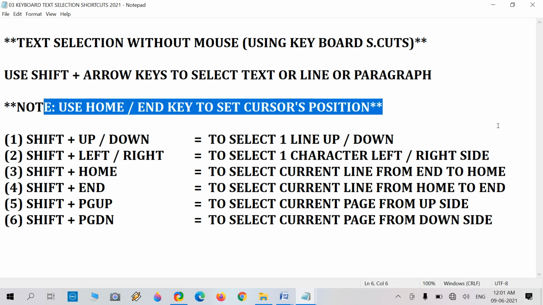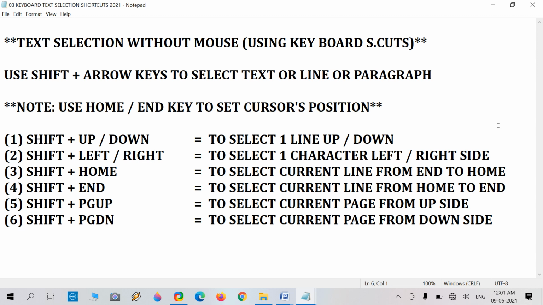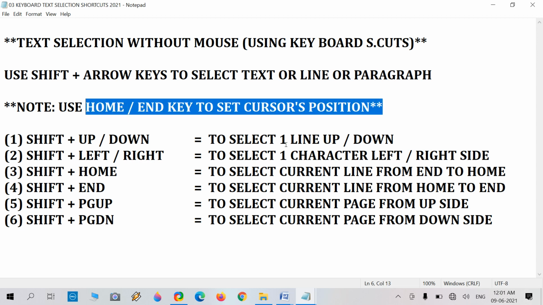And if your cursor is at the beginning of the line, like this is the beginning, and this is the ending of your line or a paragraph or a term, then hold Shift and press the right side. And if your cursor is at the end of the line, then hold Shift and press the left side arrow, and it will select your current line.